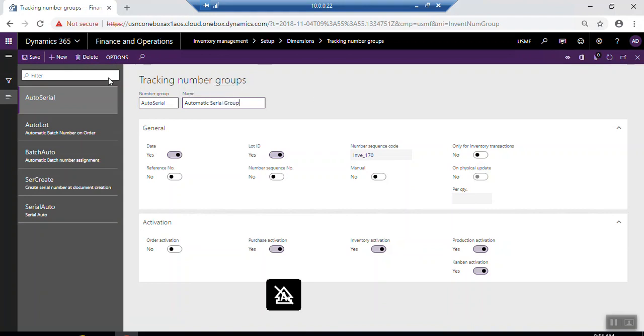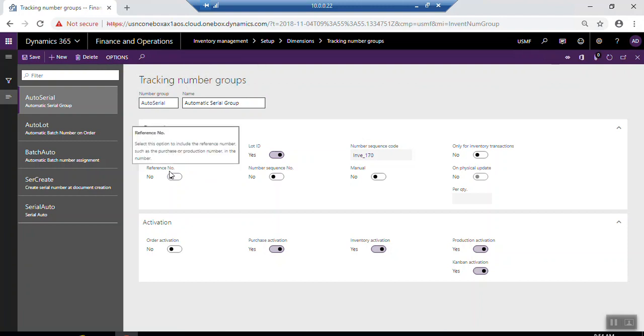group. You can select the date if you need the date to be updated at the start of the serial number. Reference number: if you want to track the reference number, for example, purchase order or production number, you can select yes. Lot ID, if it's related to lot ID, which is like a batch number. Here, number sequence. In tracking number groups, we are using the number sequence, so we click yes,